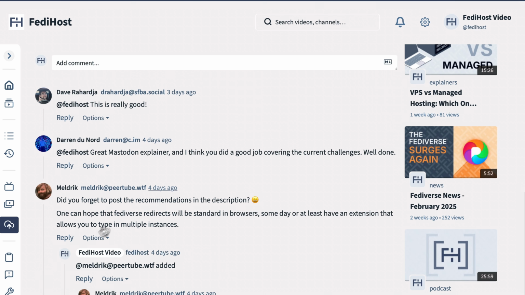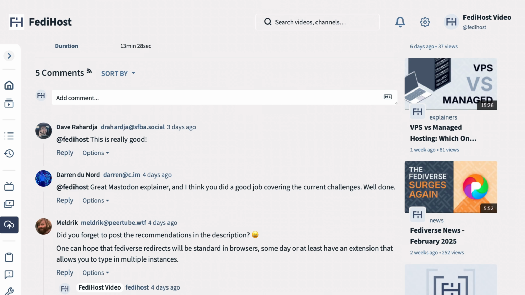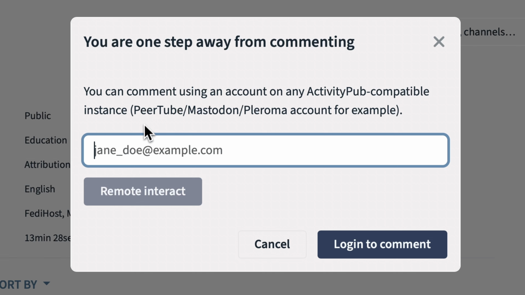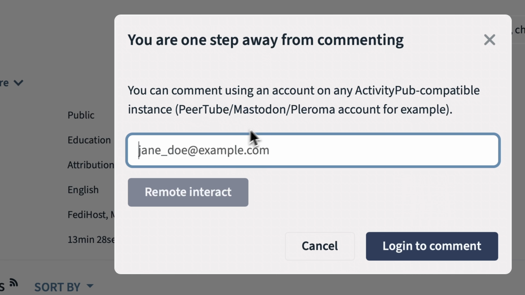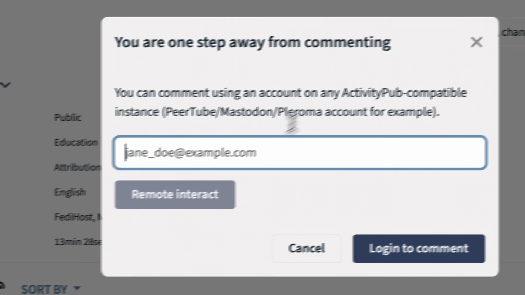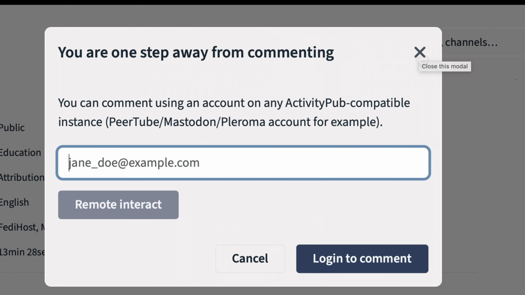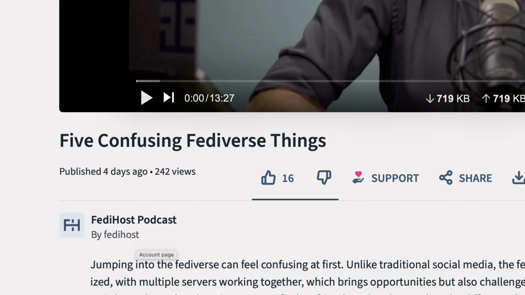So most of the time when I'm interacting with a PeerTube video, I'm using ActivityPub. I'm making use of that protocol to write comments. So what you really want them to do is head over to their Mastodon account or whatever they're using as their daily Fediverse account. You want them to head over there using this box to have the interaction with the video. And then you want them to follow the PeerTube user from Mastodon so that on all future videos, it's as simple as interacting with it inside the Mastodon interface.